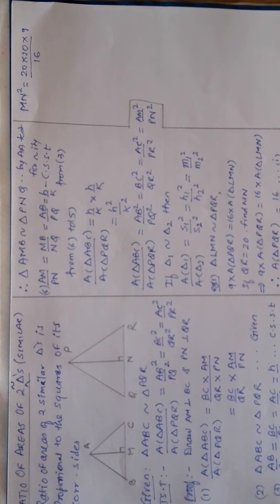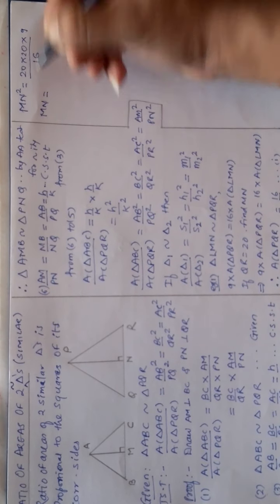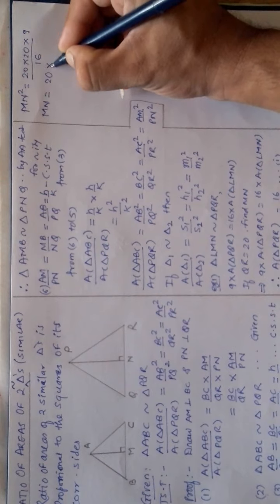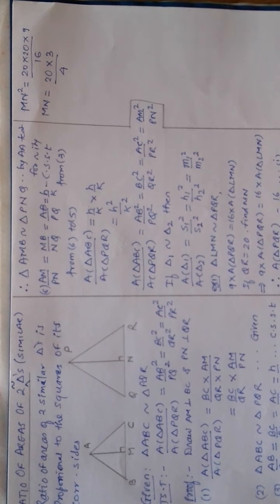Now actually when I find MN, I need to take the square root of this. For that I will not multiply everything. I can see very nicely that MN over here will be 1 time 20, 1 time 3, because the square root of 9 is 3, and 1 time 4. Now it actually comes in the form of plus and minus. I am not taking minus over here. Can you guess the reason? Guess why I am not taking minus. Got it? No.